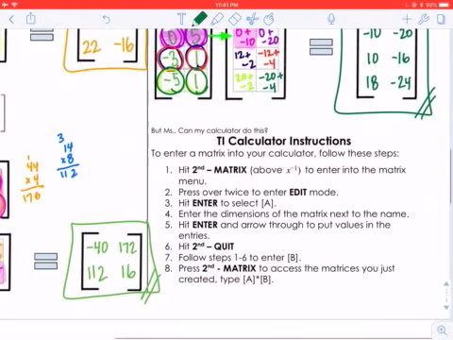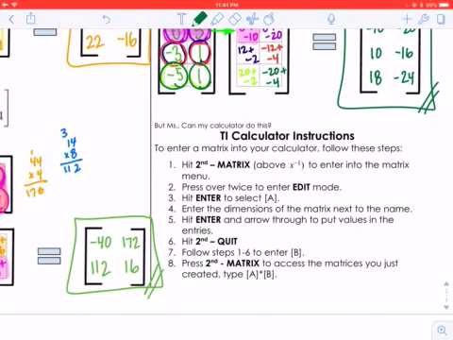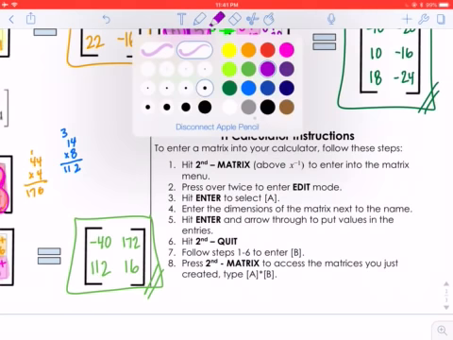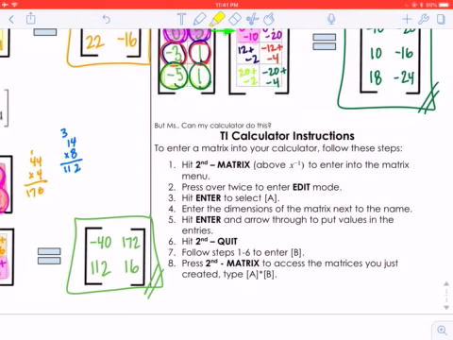We'll go over this in class, but in case you want the written instructions for how to do it on your calculator, I included them here. So you can do this on your calculator, and I would expect that most of us will want to do it that way. But you have the directions here so that you can